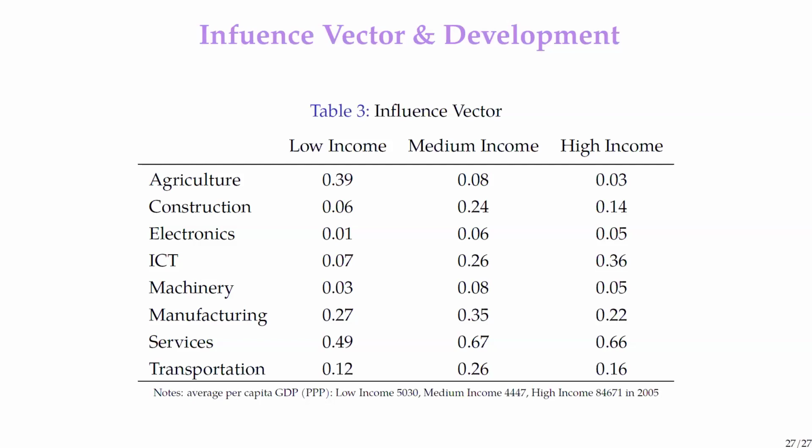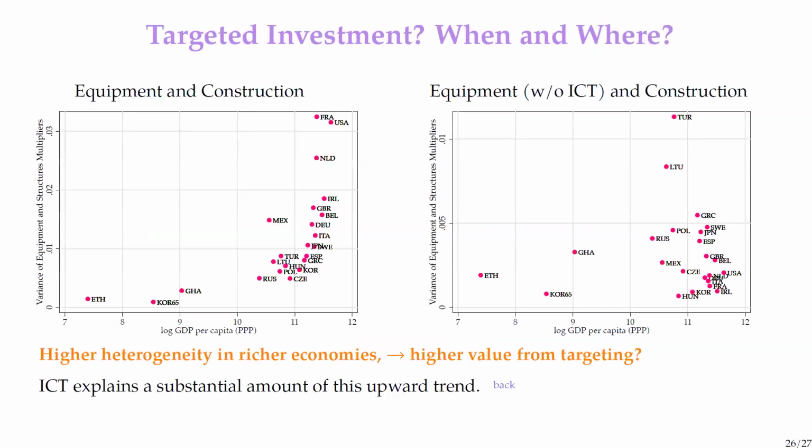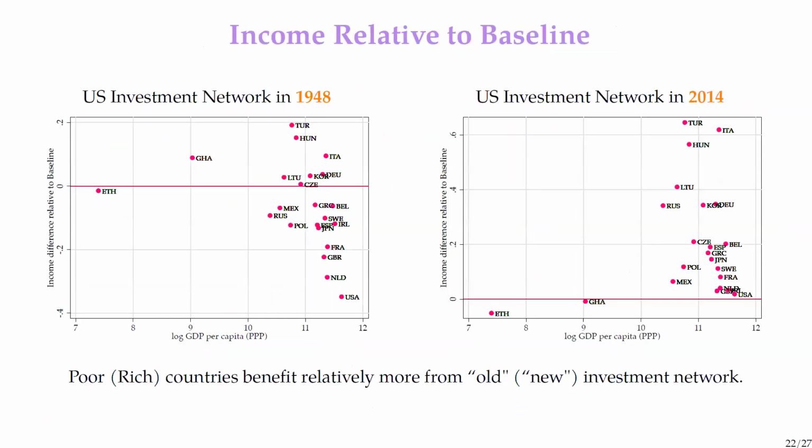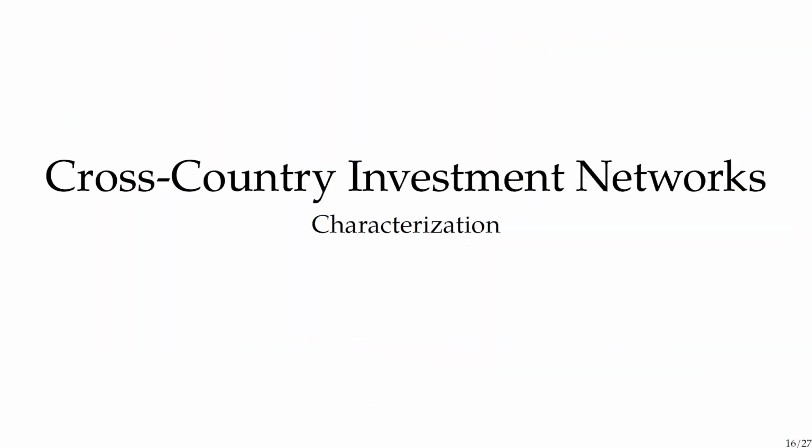Quick follow-up, just to clarify more. Could you give a concrete example, say construction? It had a big out degree, at least at low income for Korea. And now it has a hump shape for the influence vector. But that 0.06 is kind of small, so what is it again that makes this? Let me be more clear about the theory.